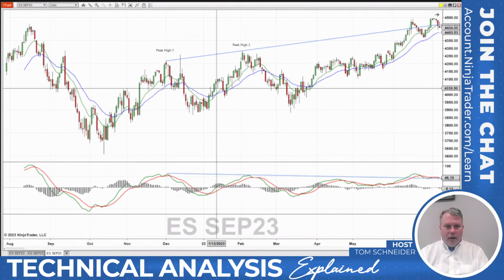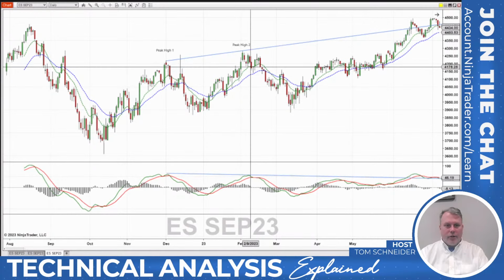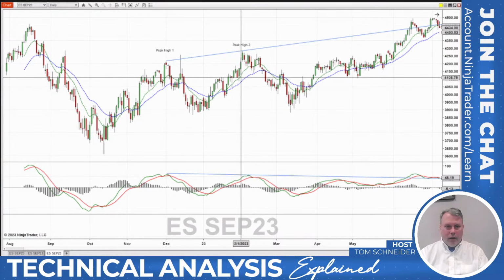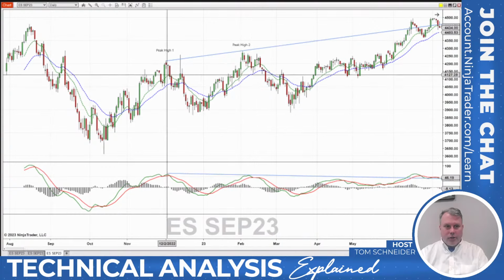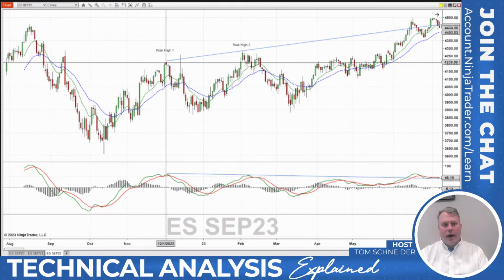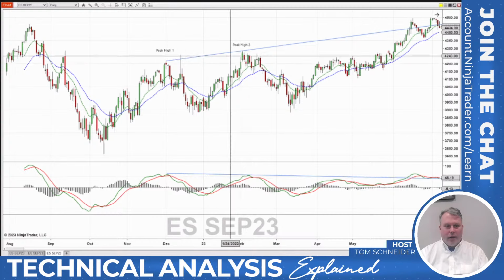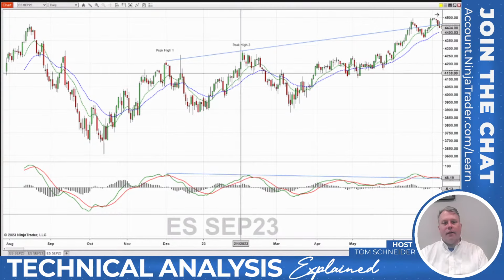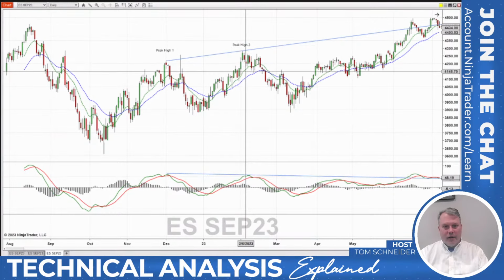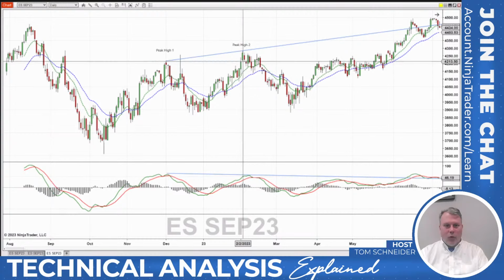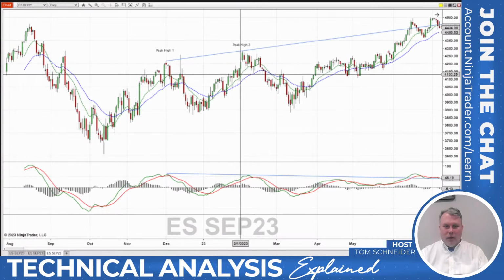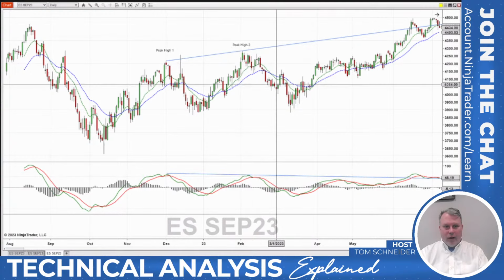That means that the faster moving average isn't outperforming the slower moving average as much as it was the last time we had a peak high. We're higher than the last peak high. We should be increasing higher or faster, but it's not happening. In fact, the difference here of these two moving averages was greater than the difference here when we were higher. So what's happening? We're losing momentum. And so what happens is turnaround.